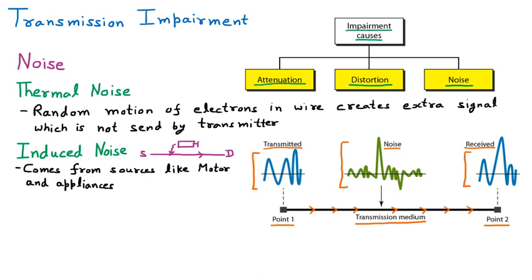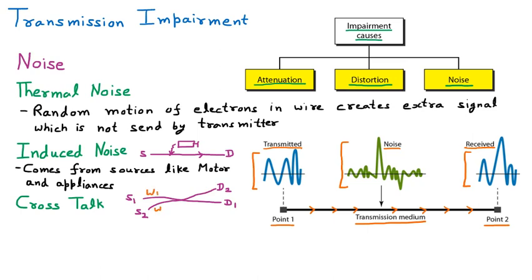The next type of noise which we have is crosstalk. As the name signifies, let us suppose that this is source 1. I am talking to somebody, destination 1. The same wire is going, just touching my wire. Some other source is there that is also talking to somebody else. Now these two wires are merging together, one above the other. Now the signals are going in wire 1 and also in wire 2. Let us suppose that this one is wire 1